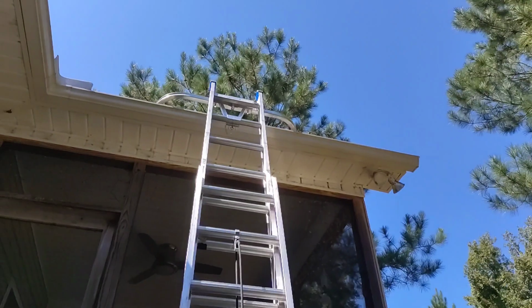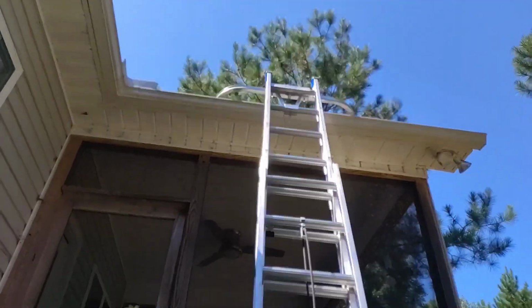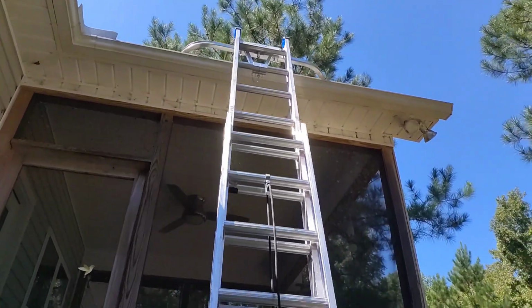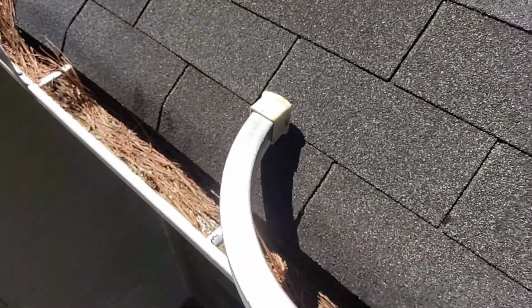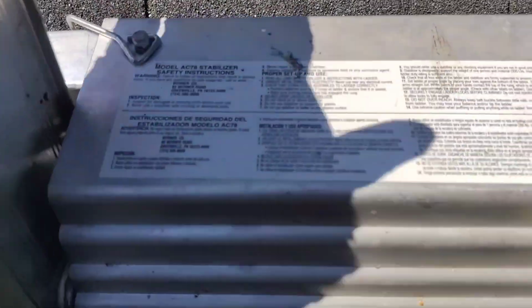Number 3, you're actually going to see right up here at the top, and that is our ladder stabilizer. That ladder stabilizer allows you to stabilize the ladder from the top. Let's go on up there. I'm going to show you a little bit about what we've got. Alright, so here is our Quick Click